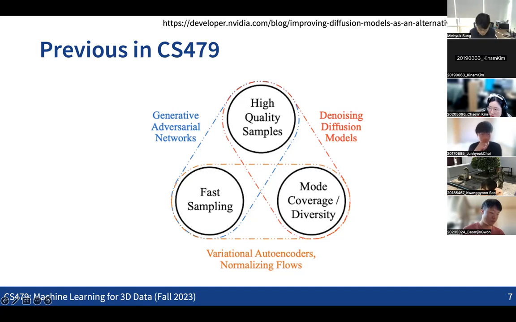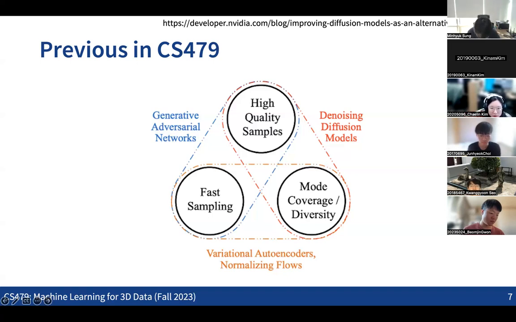What we could see was that GAN was the most famous generative model, which was able to generate samples very fast, and it was also giving very good quality samples. But it typically has issues such as mode collapse, losing some of the diversity of the data, and it was also a very unstable system in that the training becomes very unstable.